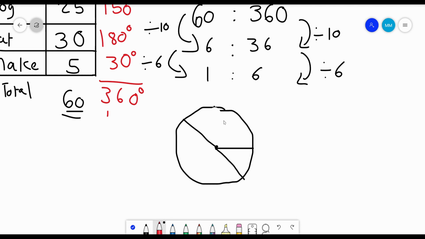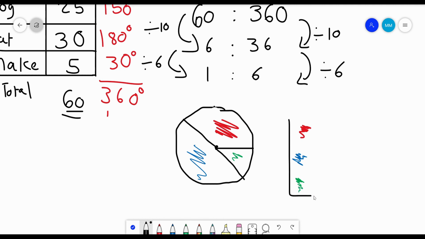You could say, there, that's colored in red, that's colored in green, and that's colored in blue. And then obviously you'd make this a lot neater. You'd probably color them in squares, and you'd have your little table like this,